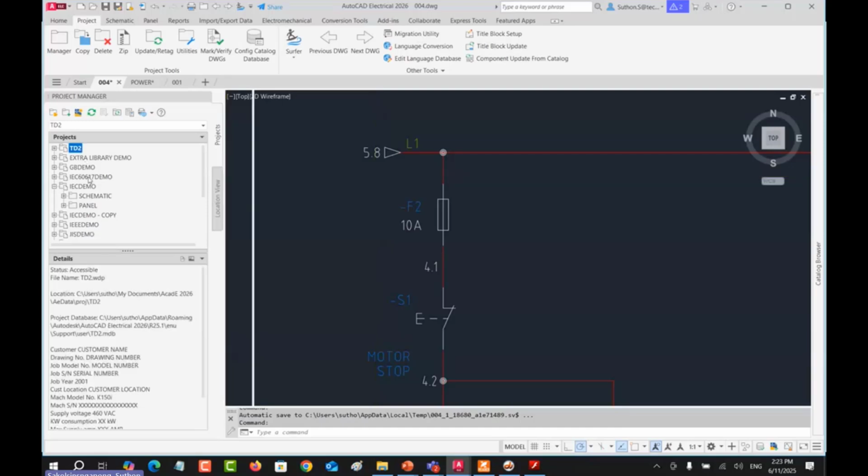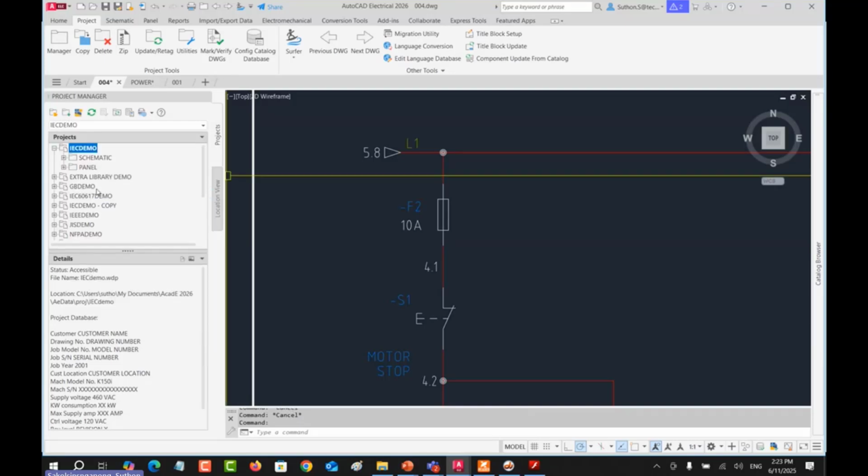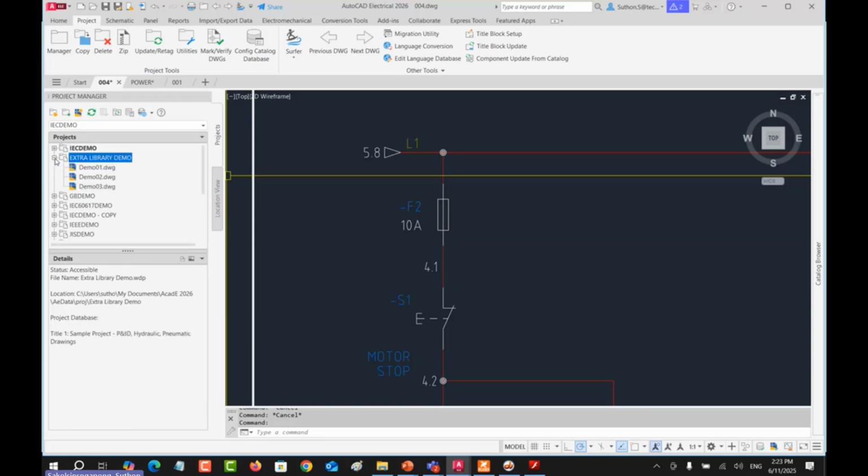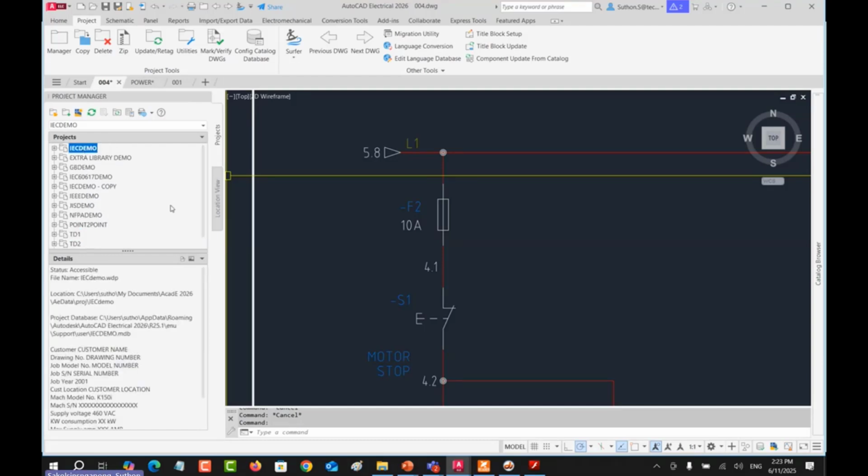The first thing is that I will copy the IC demo project as the starting project. I will right click and activate this one. Because many projects in the Project Manager are open, ready to open, but they're not activated yet, you can't do any work in other projects except the top one only.